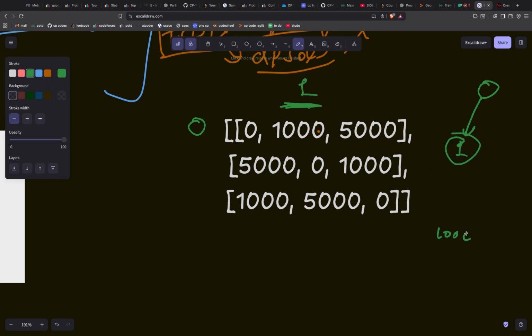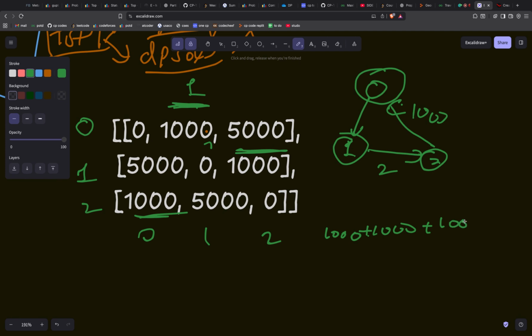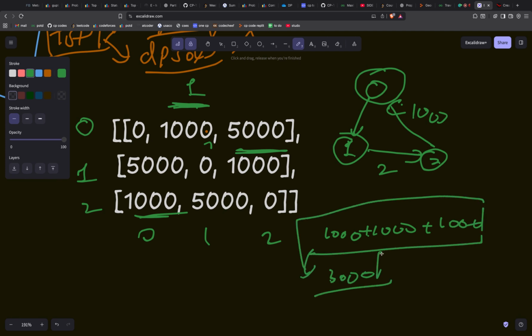Right? 1000. Now we are at 1, we have visited 0, we have visited 1. So now we'll again consider the minimum edge from 1 to a non-visited vertex, that is 2. So we'll go to 2. This will again give me 1000. Now we are at 2. We have visited 0, 1 and 2, we have visited everything, but we have to go back to the starting vertex, that is vertex 0. So that would again give me 1000. So that will give me a cost of 3000, and this is the correct answer for this